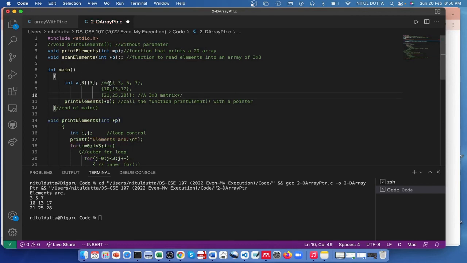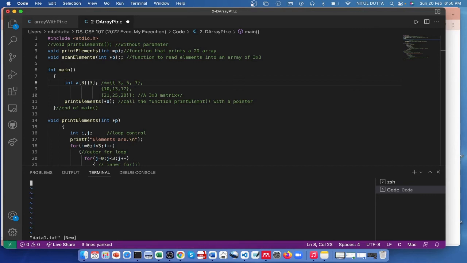So what I will do, 1 2 3, I will copy with 3 yy, and I'll go here to data1.txt and insert this. So if I paste, 3, 5,